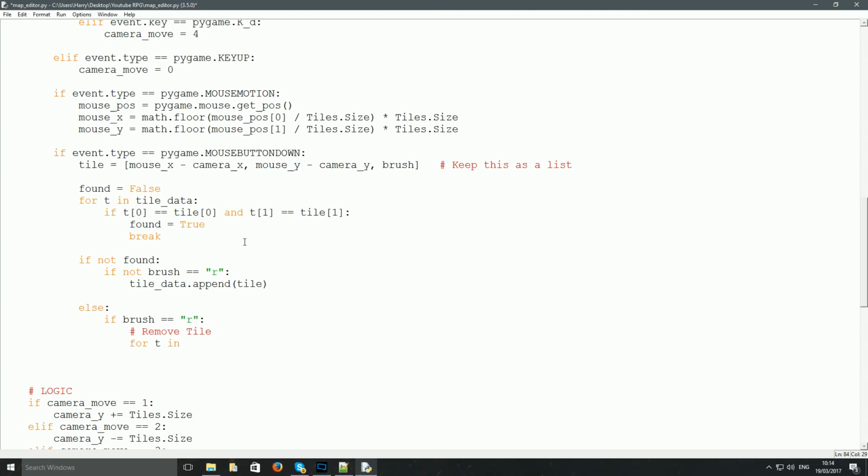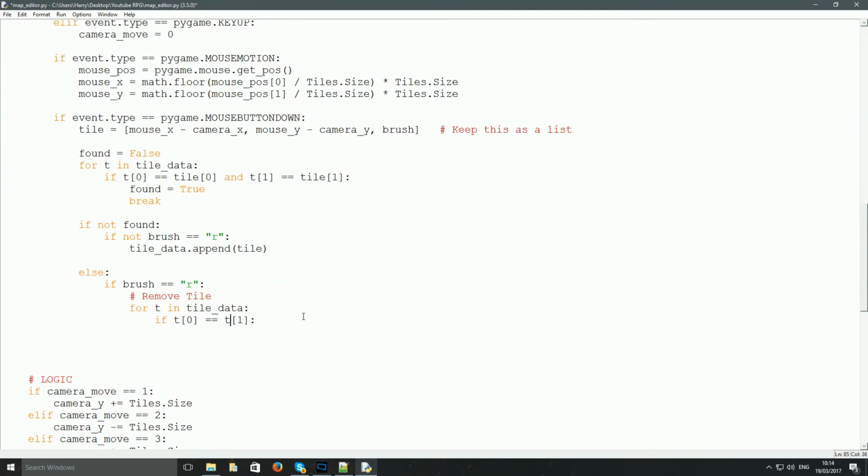Or in fact, do we even need to do that loop? Tile data.remove t, yeah, we do. So for t in tile data, we need to say if t's x position is equal to